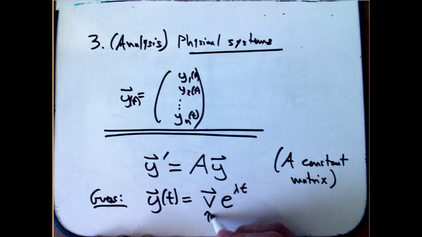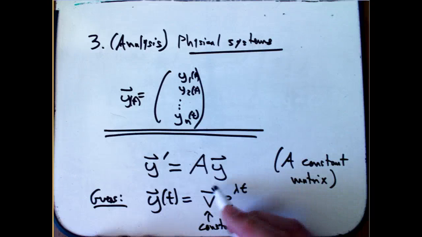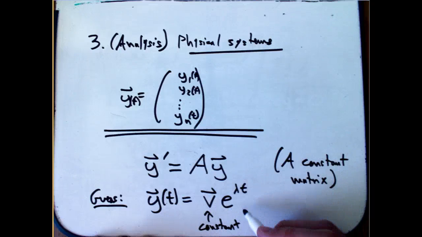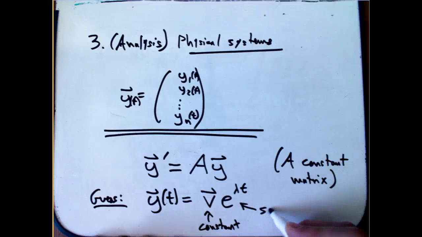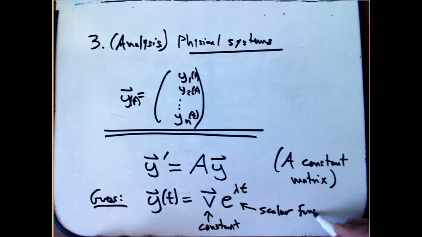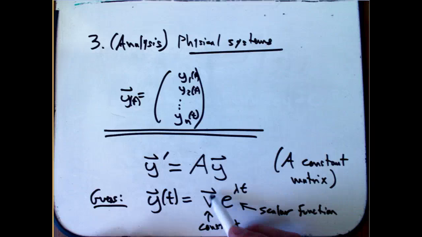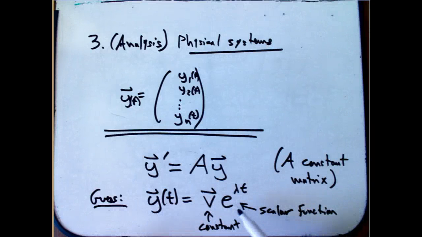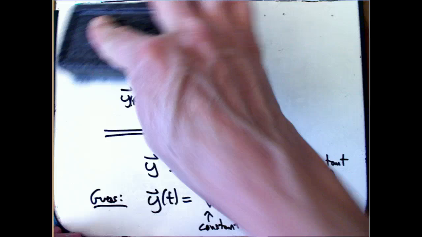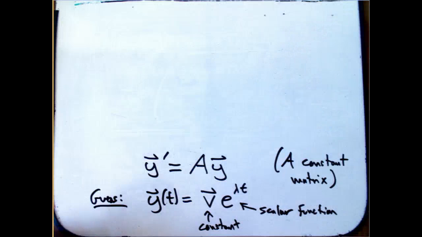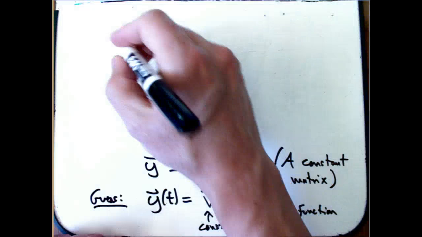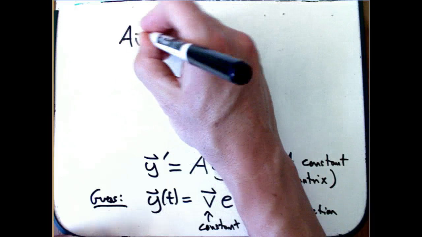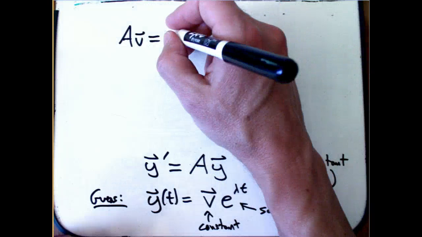That we've got a constant vector. So that incorporates the complexity of the algebra and the vector nature of it. And then this is a scalar function, so it doesn't have any vector nature, but it does have the variability to it. So this encodes the variability in t, this encodes the vector nature of it. Turns out this guess is exactly the analog of what we were doing. And I'm just going to say, because in this appendix I don't want to open up a whole new chapter in differential equations,